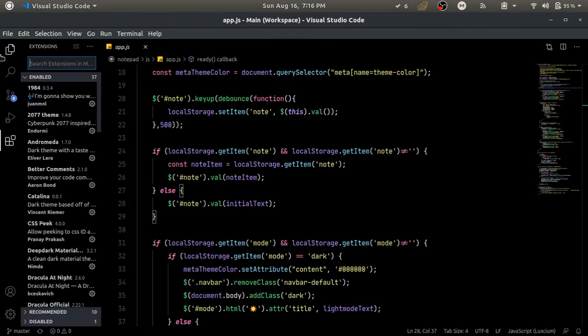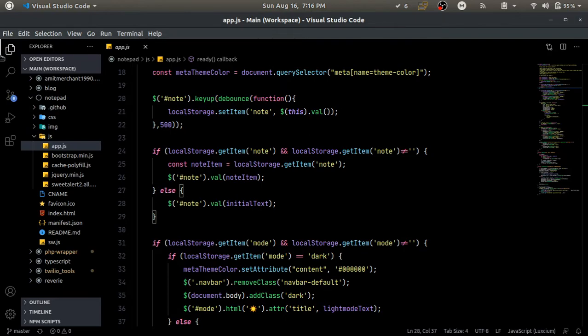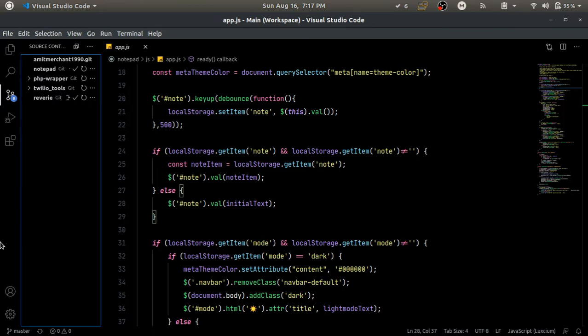Apart from this, we've been given shortcuts to access all of these panels in the sidebar. So if we want to access source control from over here, all we need to press is Control Shift G, and we will switch to source control.